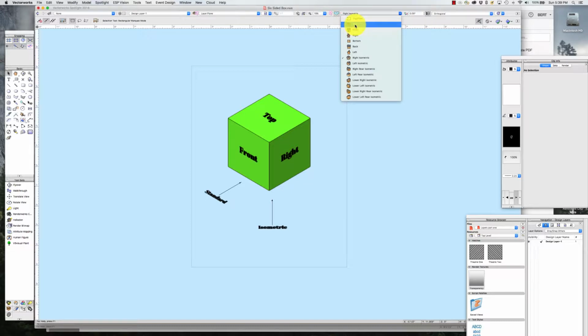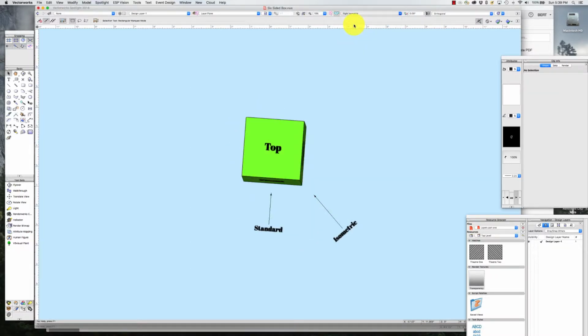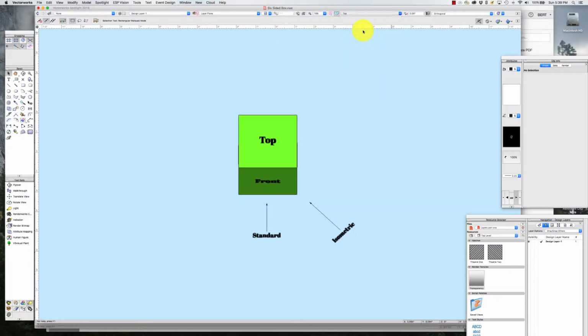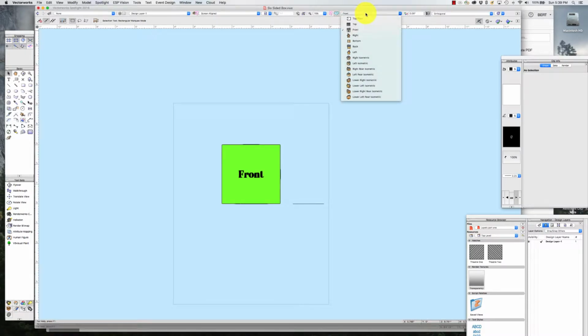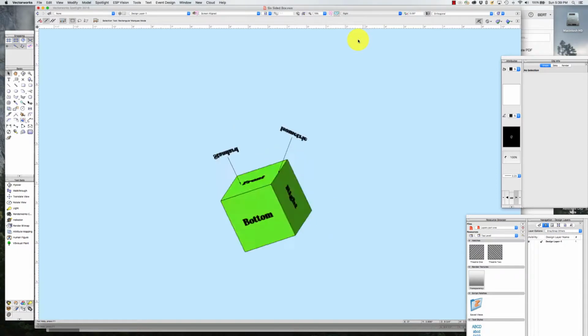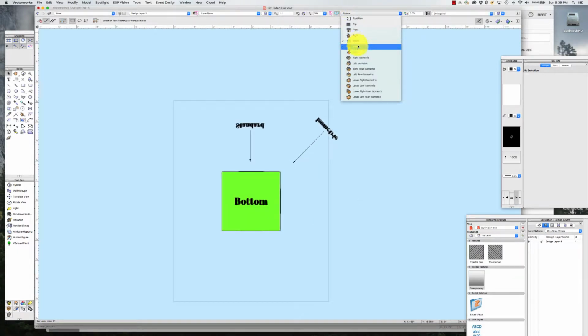So if we switch to top view, you'll see what happens. We actually rotate our view and are now looking at the top of our cube. So if we switch to front view, it's going to rotate the view and we're actually looking at the front. So you would imagine right is there, bottom, rotating and looking at the bottom, back